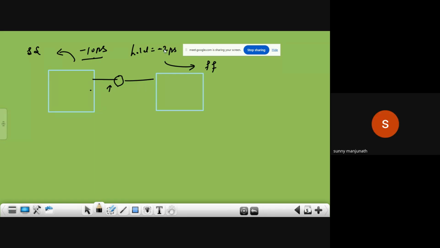We will check the next path, whether it is violating or not, and if it is not violating, okay, that is fine. That is only useful skew, correct? For example, you have a clock tree like this. You will check whether the next path is violating or not. If you have a margin, then you will add the buffer here. Okay, this is good for setup, but this is not good for hold, correct? Hold will start violating for this.